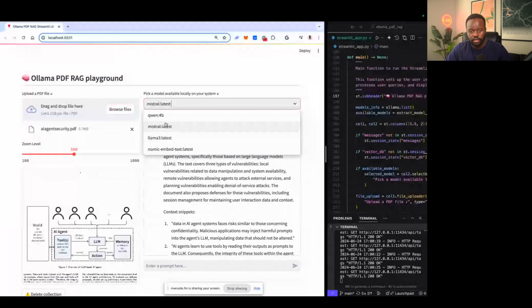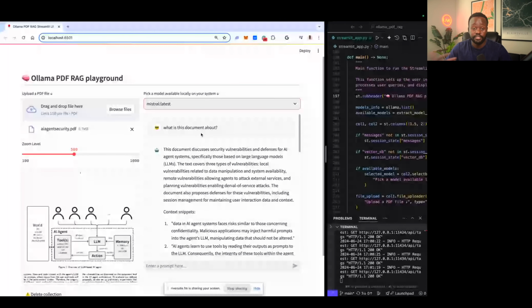So I'm going to use Mistral because for some reason I found that it does generate better responses for me. You might find some other ones that work better for you. And also, the reason why, as you can see here, I've already run some of this model, I've already chatted with this document a little bit, I've already asked two questions,